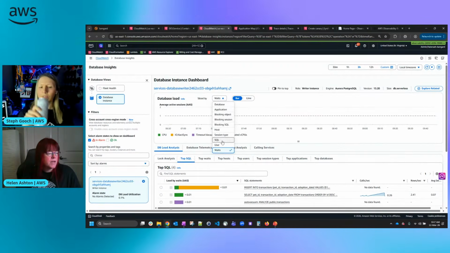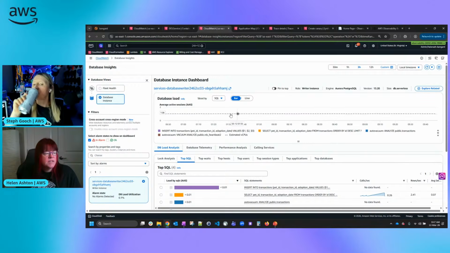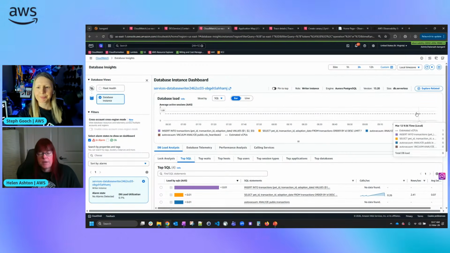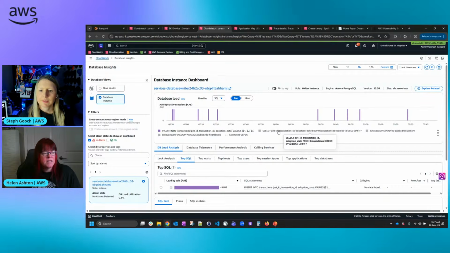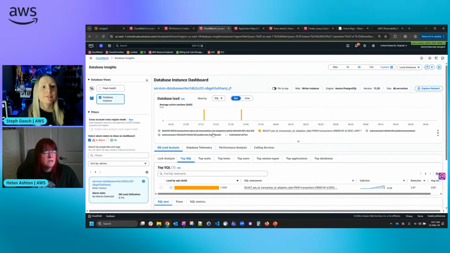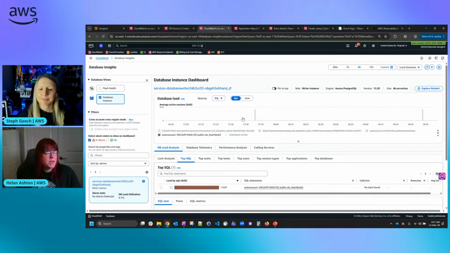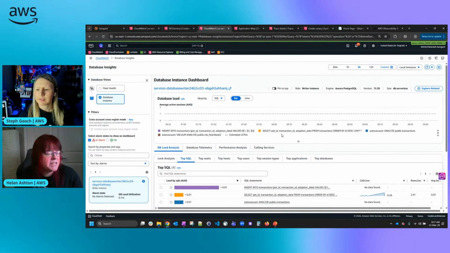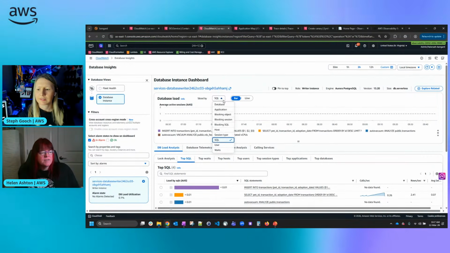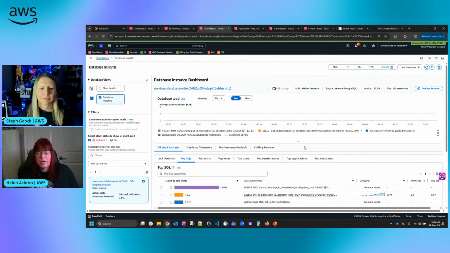I can go and have a look. These dotted lines, by the way, are recommended thresholds, but I can go and pick each of these queries and see when did they occur. I can look at them all together, but my threshold is so low on this unrealistic application that you can't see the rest of the data. So there's a ton of different drop downs and different sets of data that we can go and explore within our database experience that's all out of the box.